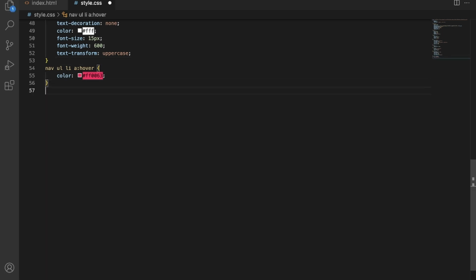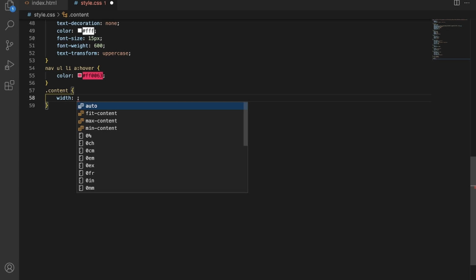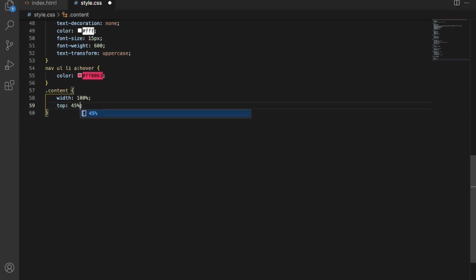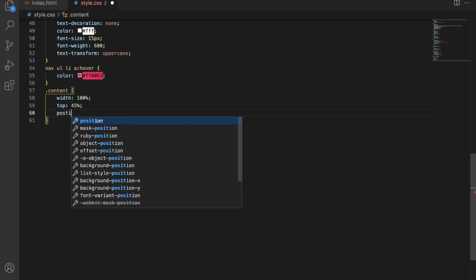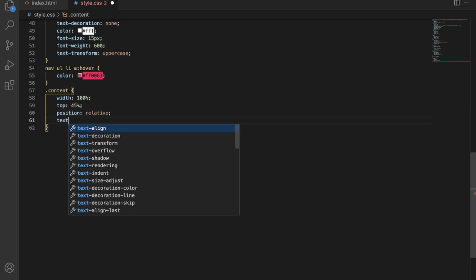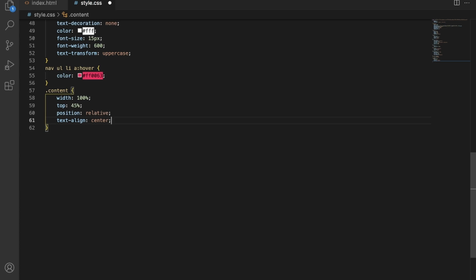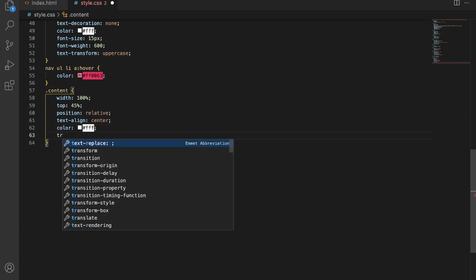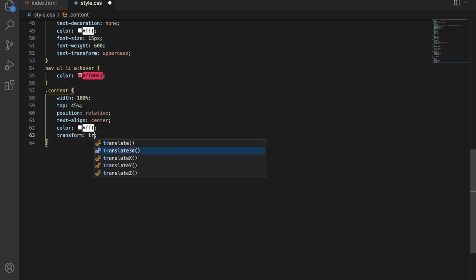Okay, so now let's write some CSS code for our content. So here I will write dot content width top 45% and position relative, text align center, color white, transform translateY minus 50%.